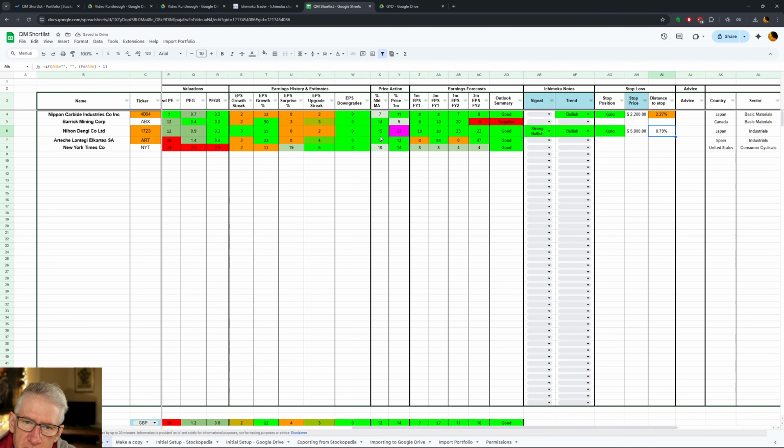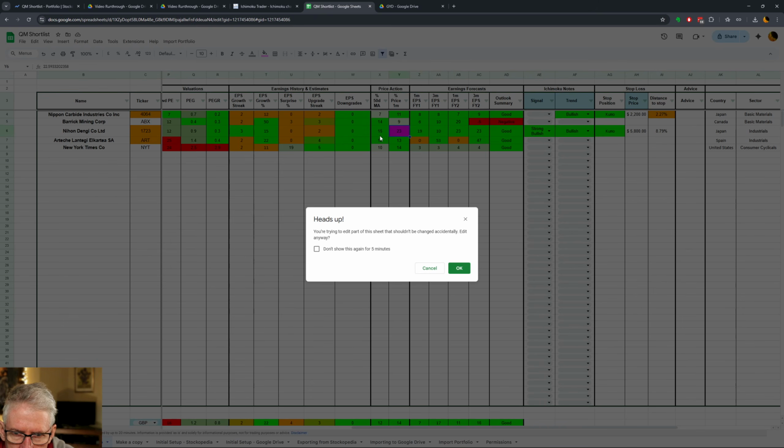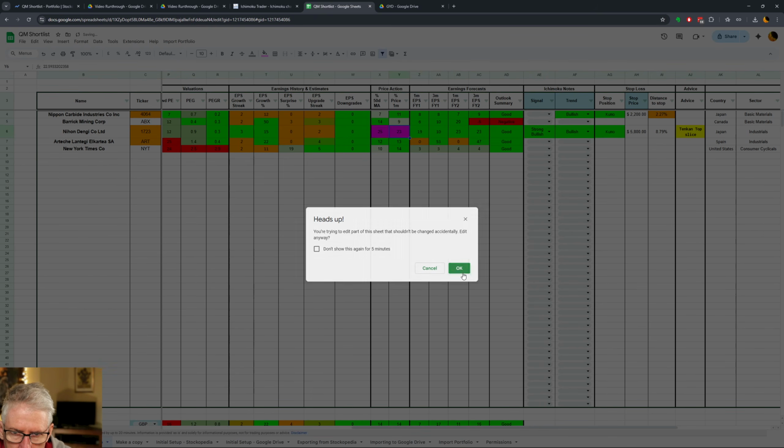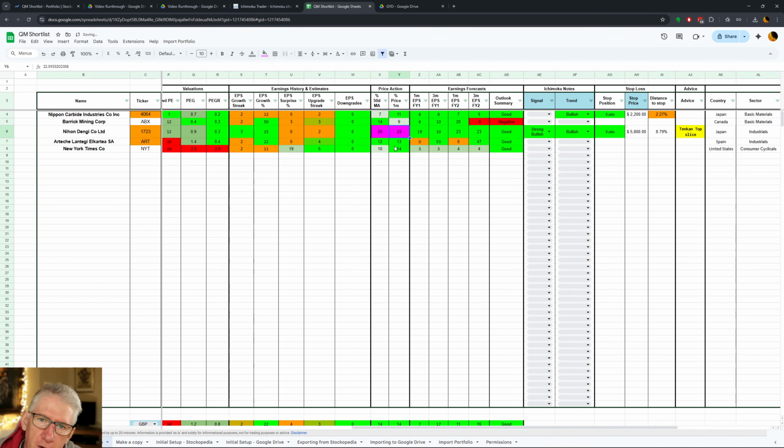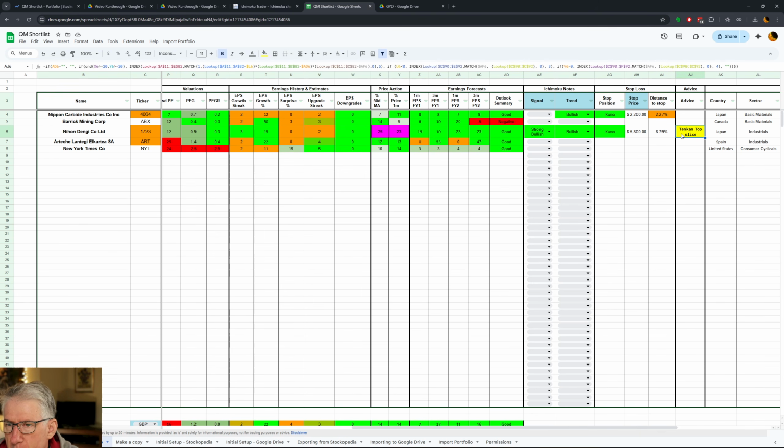And let's say the price spikes again. And that'll be reflected in these moving average figures. So it's gone up 25% above the moving average, and it's gone up 23% in a month. Suddenly it's saying Tenkan top slice. What does that mean? It's saying it's gone up so much you might want to think about a profit taking opportunity here. And it's saying you might want to consider using the fast moving average, the Tenkan-sen, as an